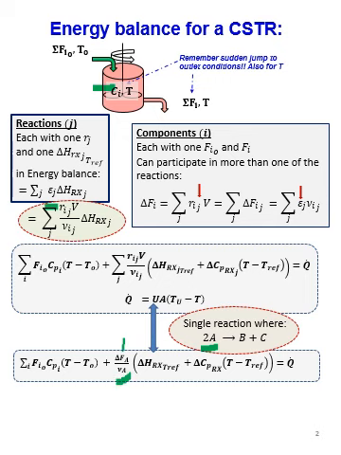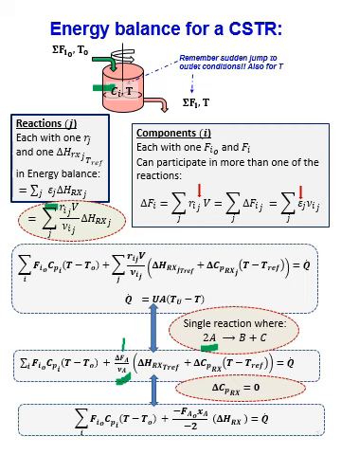From my mole balance, I can write del Fa in terms of the conversion of component A and see that it's negative Fa naught times Xa. Make sure that you agree with me. Now divided by -2 multiplied by that del H of the reaction. And just for simplification, we are going to consider a reaction where del Cp of the reaction is equal to 0. So I can account for del H reaction as I have it at 298 Kelvin.